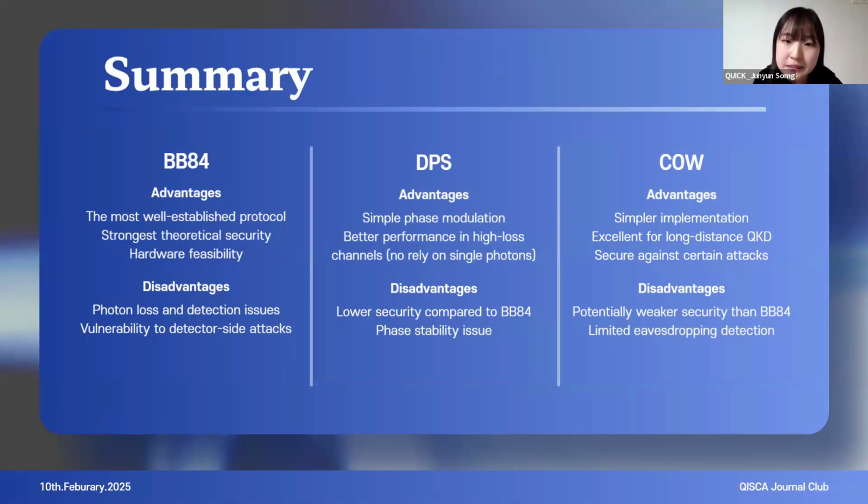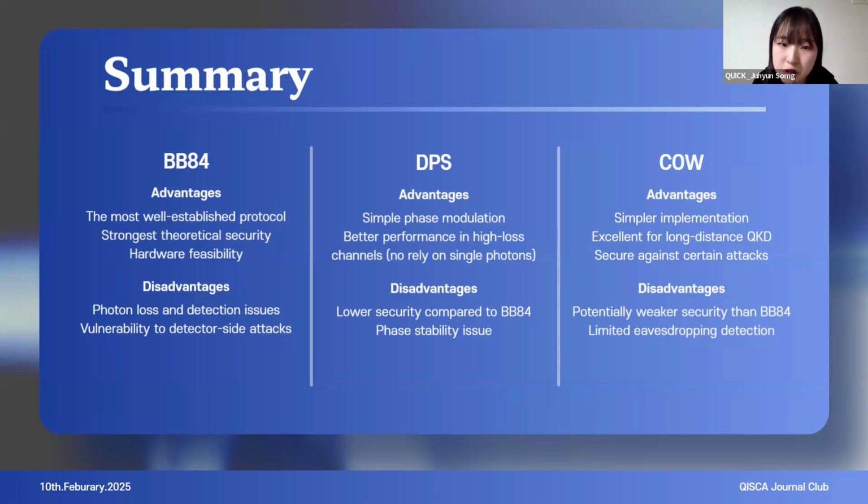However, BB84 has photon loss issues and is vulnerable to detector-side attacks. Despite those challenges, BB84 is the most commercially viable QKD protocol. And DPS simplifies implementation by using phase modulation instead of basis selection, making it more stable in fiber networks. It also performs well in high-loss channels since it does not really rely on